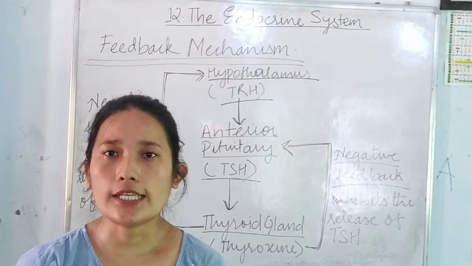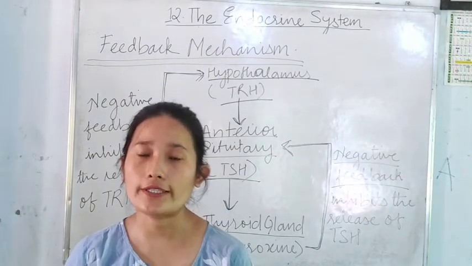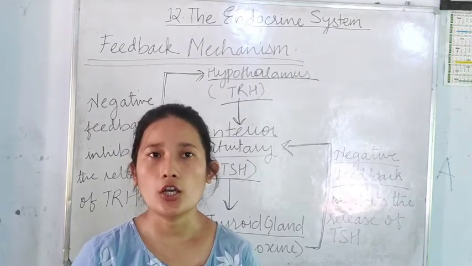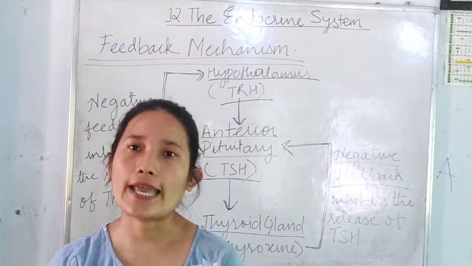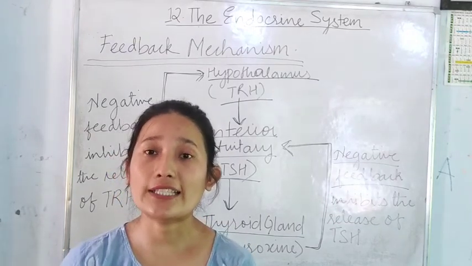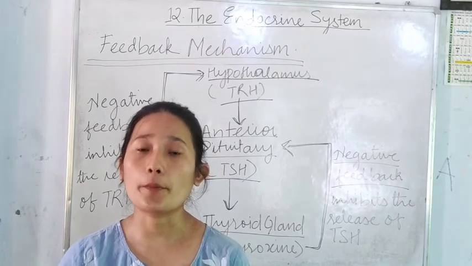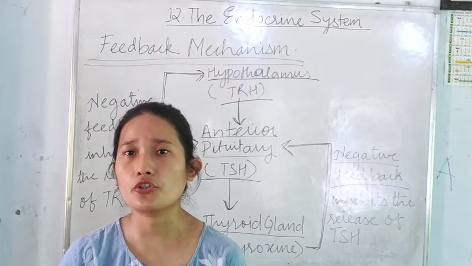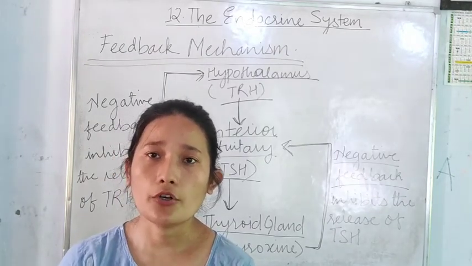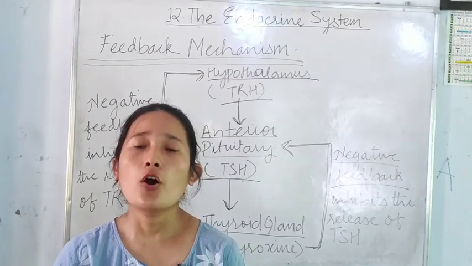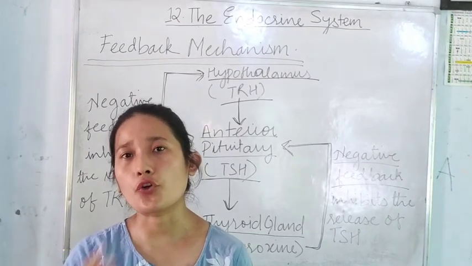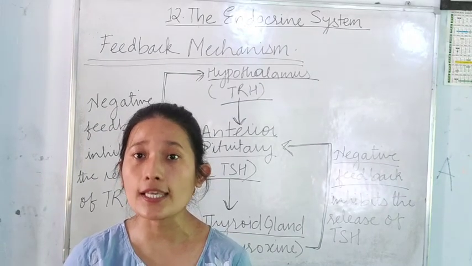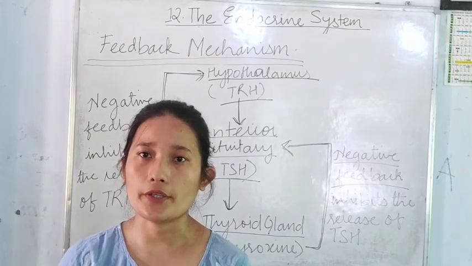That's all about this chapter, that is the endocrine system. Most importantly, you have to go through the hormones of all the different endocrine glands. Next I'll be supporting you with multiple objective type questions and diagram based questions regarding this chapter. I hope you will be copying these in your biology copy, because it would be very helpful to you in regard to your board exam. You will get the idea about what kind of questions they will be asking from this chapter. So I hope you will be going through the material we are sending and writing it in your biology copy. Thank you.